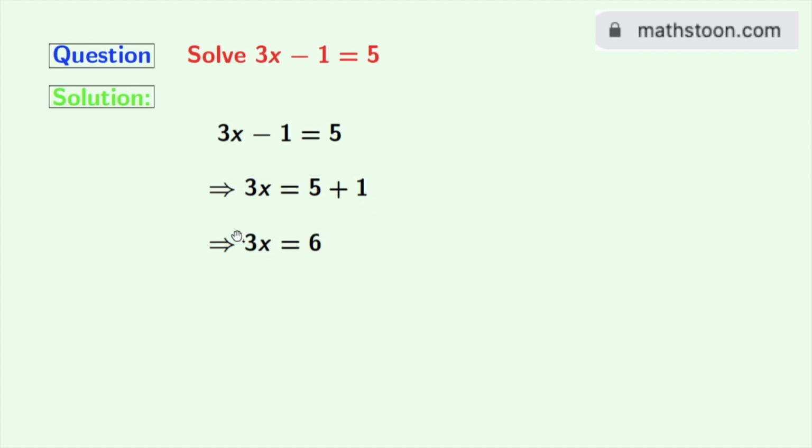Now as the coefficient of x is 3, to get the value of x we need to divide both sides by 3. By doing so we get 3x divided by 3 is equal to 6 divided by 3. See that 3 gets cancelled and we get x, and as 6 divided by 3 is 2, we get x = 2 as our